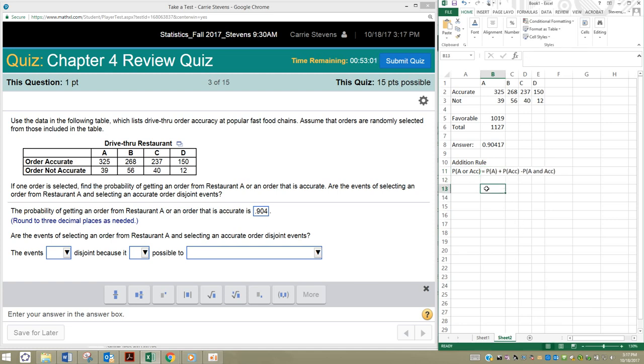All right, so that is going to be P of A. So P of A, let me just do it like this. P of A is, what is it? It's accurate, restaurant A is 325 out of how many? The total, whatever that was, 1127. The probability of accurate,